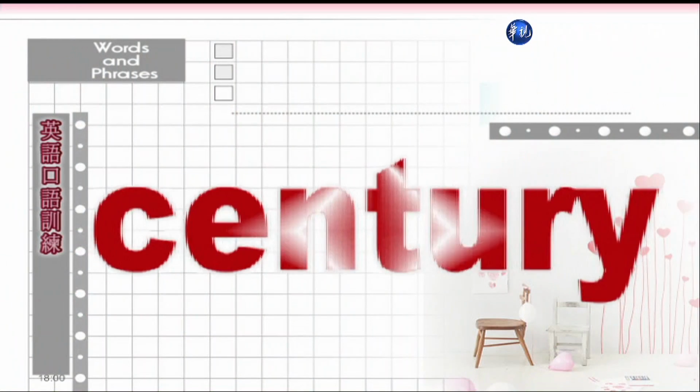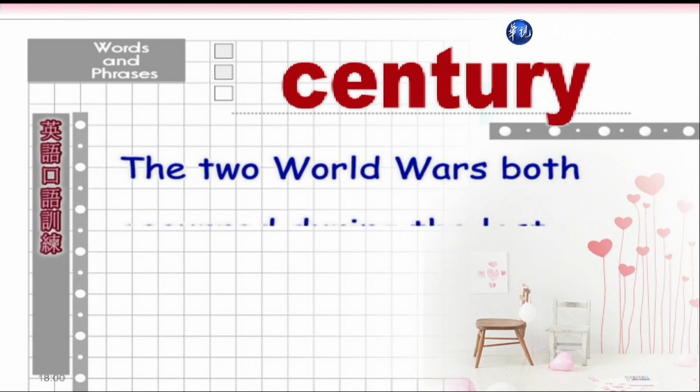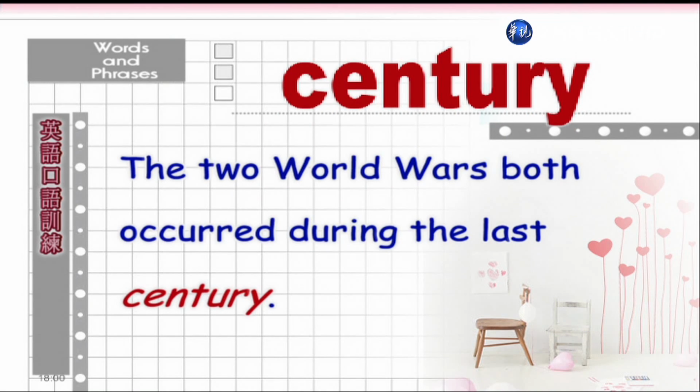Number 8, century. Century. 世纪。The two world wars both occurred during the last century. 2次的世界大战都发生在上一个世纪。